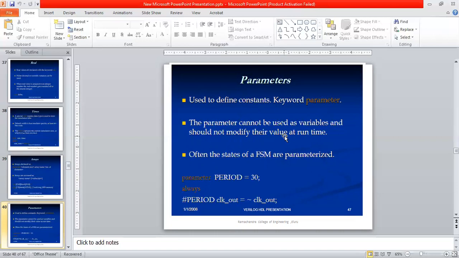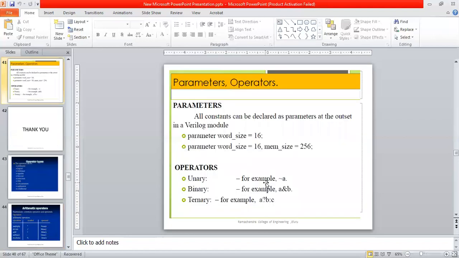That means we can assign a constant value to a period. Suppose I want to assign a constant value to this period, I can simply use this value as a parameter. Then automatically that value will be taken in the total program. That is the usefulness of the parameter in our Verilog HDL. Generally, all constants can be declared as parameters at the outset of a Verilog module here.